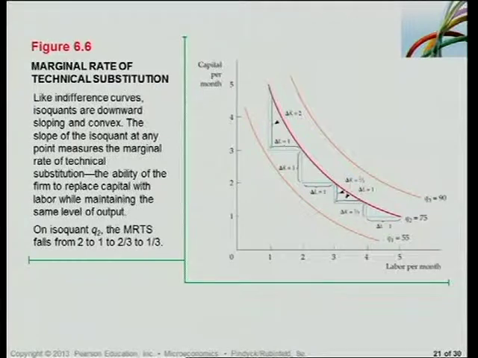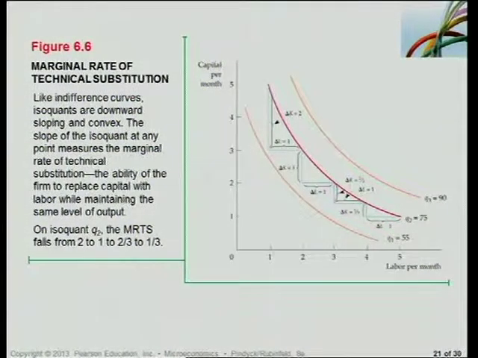The level of output doesn't change as you move along the isoquant, right? Okay. But as you move along the isoquant, what declines? The MRTS. You can see, if you look at isoquant Q2, the MRTS declines from 2 to 1, and from 2/3 to 1/3. Okay, I won't ask you to calculate it, but this is just to illustrate that as we move along the isoquant, as in the indifference curve, the MRS is declining, and in the case of the isoquant, MRTS is also